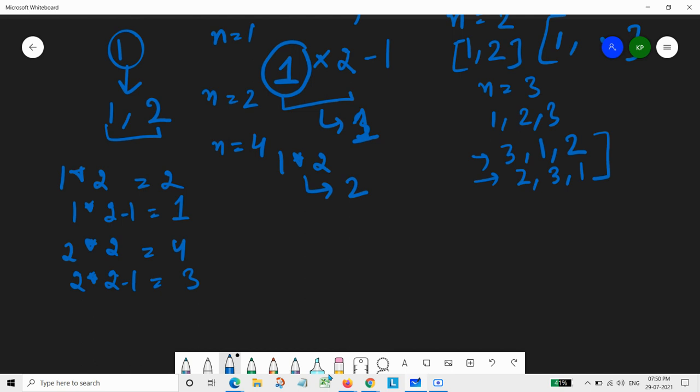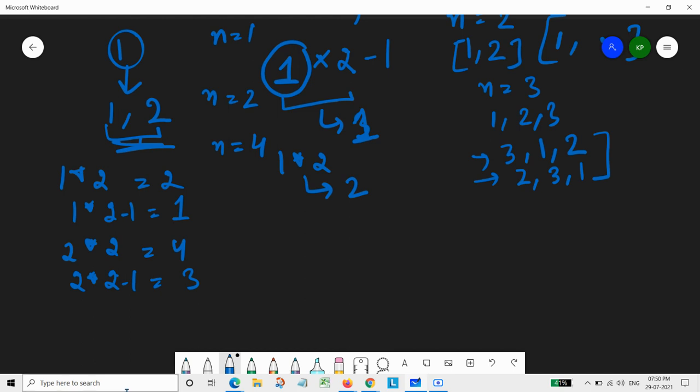So for that, we simply need to first count the odd elements which could be made out of the given array, and then we need to count the even elements which could be made out of this array.